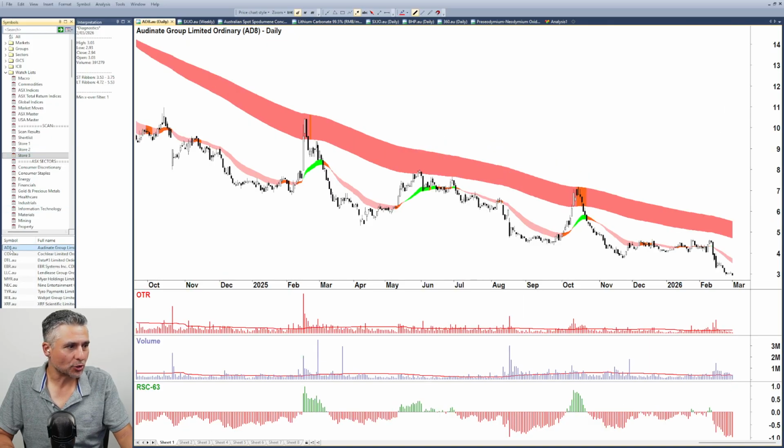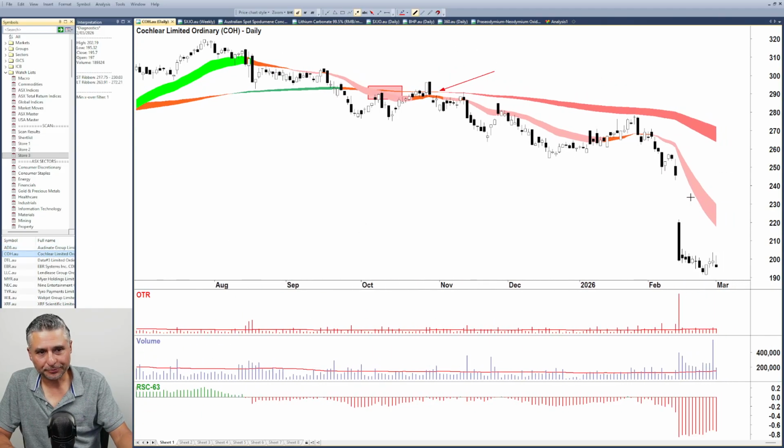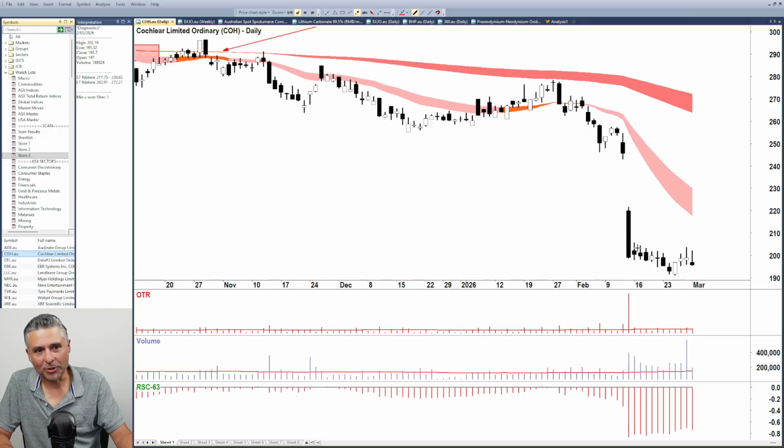Let me do the shorts because there's not many of those. Order date, I mean, I could not put it in at the end of the day. Cochlear, on a decent day for the market, it's the opposite candle there. They always catch my attention. That's a dead cat bounce, isn't it? I mean, that is the definition of a dead cat falling from a great height and just not bouncing.